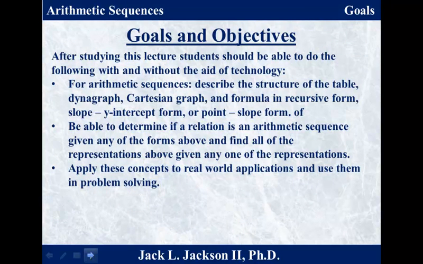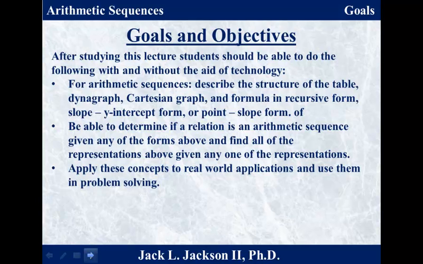Okay, so we've seen in this video some real-world applications. We've seen some exercises where we manipulated different forms around from one form to another. So what are some of the goals and objectives when we put these three videos together on arithmetic sequences? Well, with or without the aid of technology, you should be able to, for arithmetic sequences, describe the structure of the table, the digraph, Cartesian graph, and formula, and the formula in recursive form, slope y-intercept form, or point-slope form